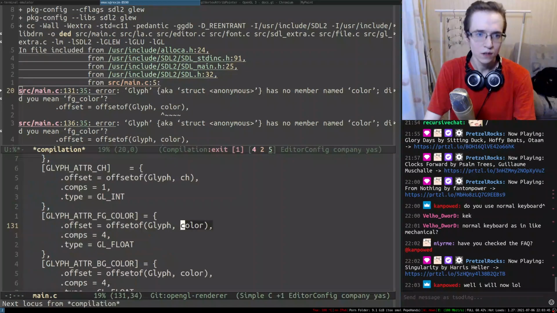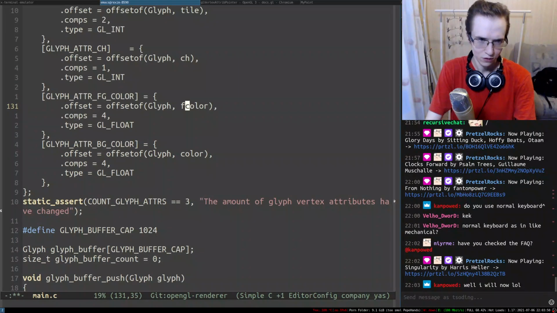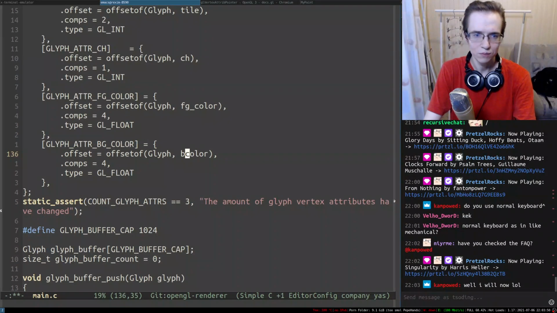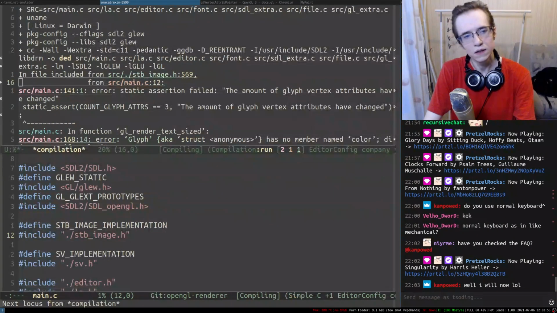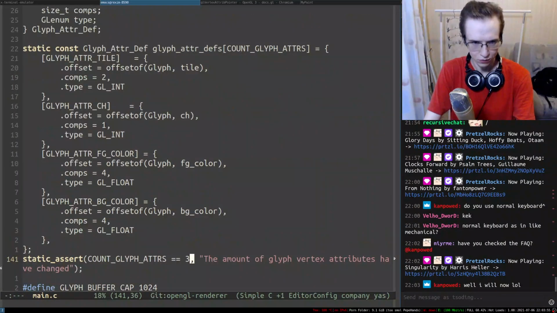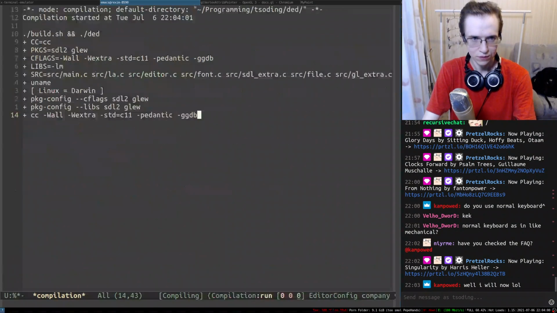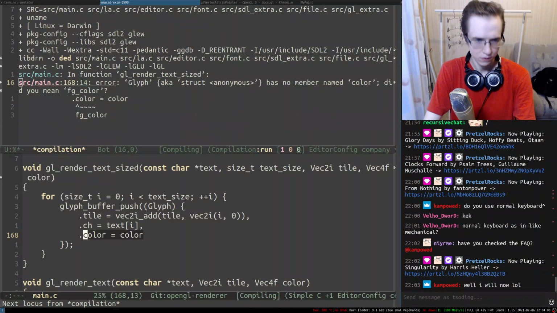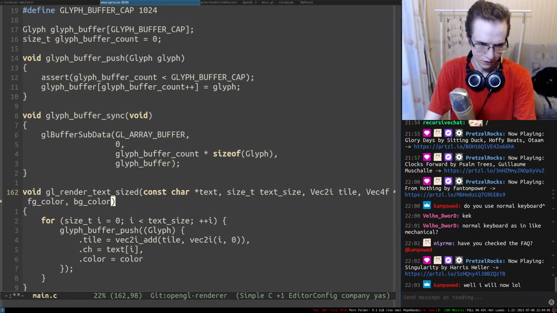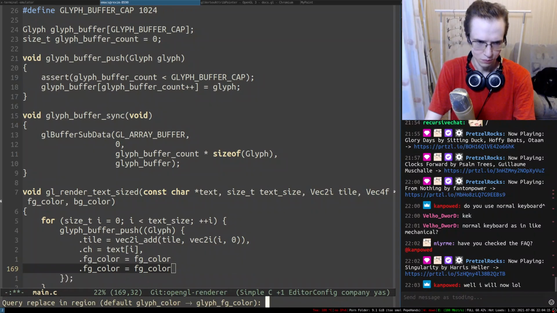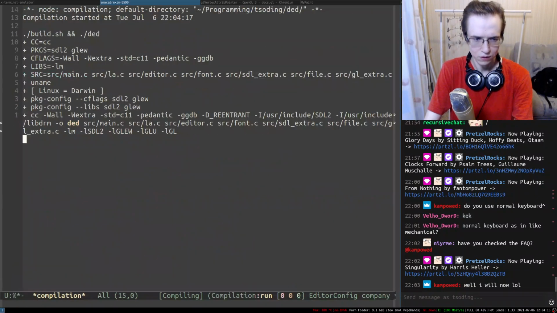What's going to be the next one? So this is FG color and this is BG color. Anything else? So now we have 4 of this stuff. In these functions we accept only 1 color, so maybe we need to start accepting 2 of them. This one is going to be FG color, and this one is going to be BG. There we go.